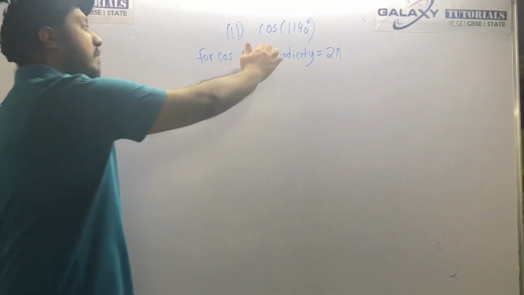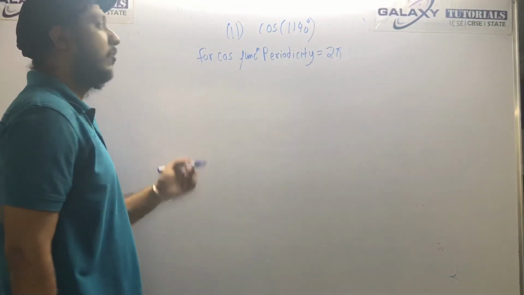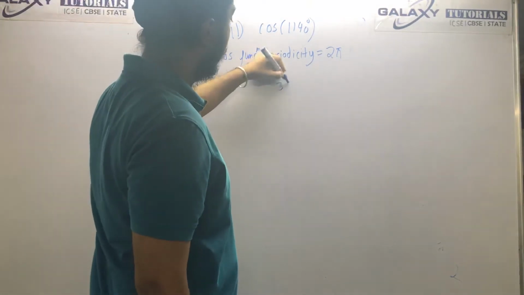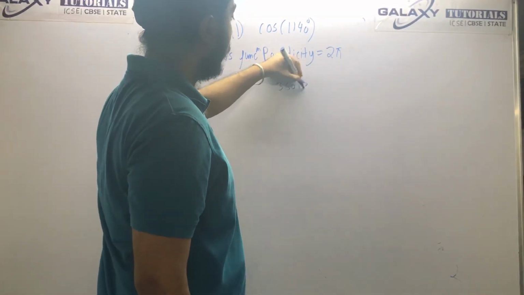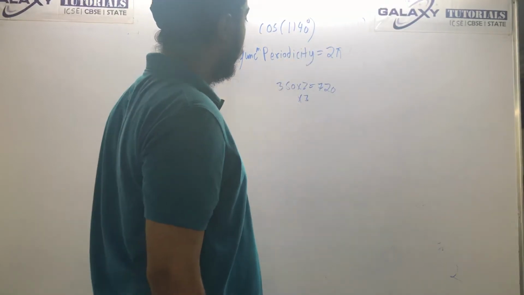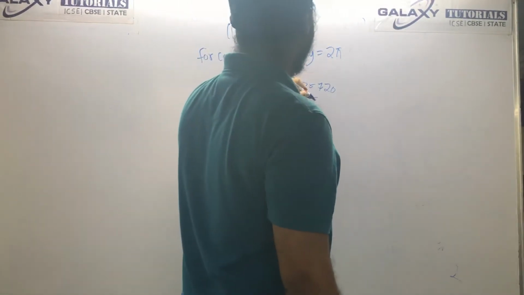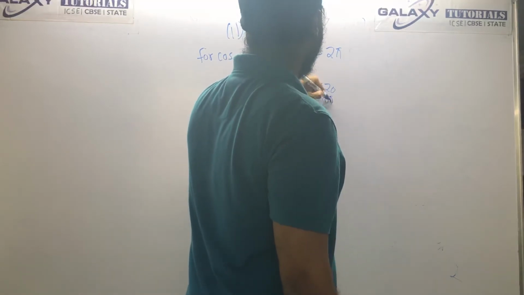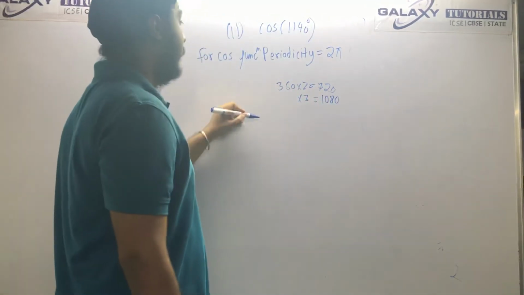So just write it in multiple form of 2 pi. So it will be like 360 into 2 is 720. Into 3 is how much? 1080. So yes, you can write it like this: cos